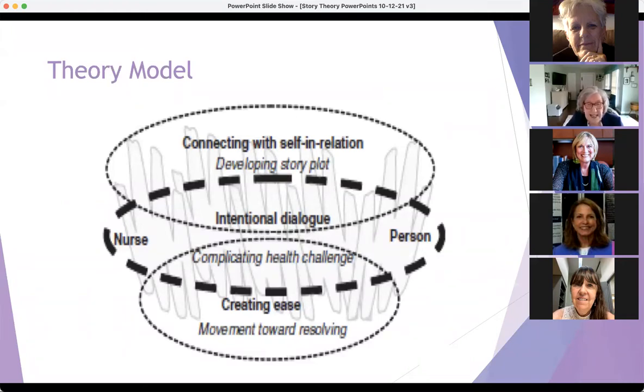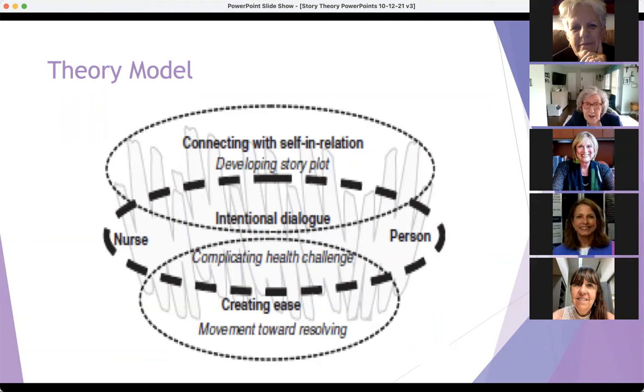You see the concept, connecting with self in relation through intentional dialogue to create ease. And you see how we're trying with those bold lines to pull everything together. Now, the model also includes the concepts of story that are traditional dimensions of a generic story. These traditional dimensions are complicating,